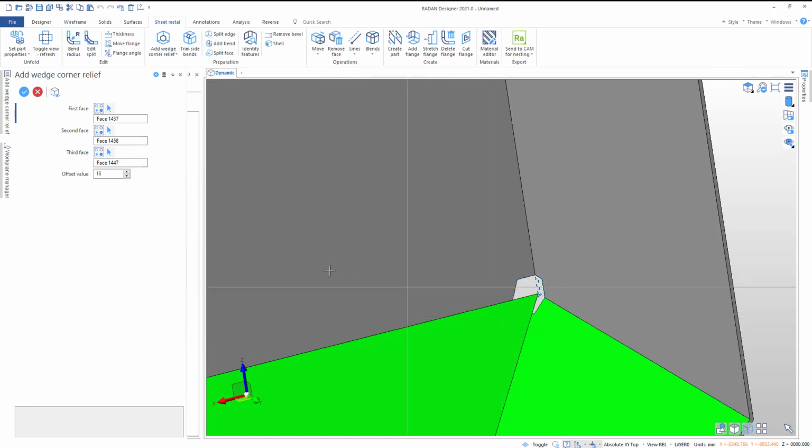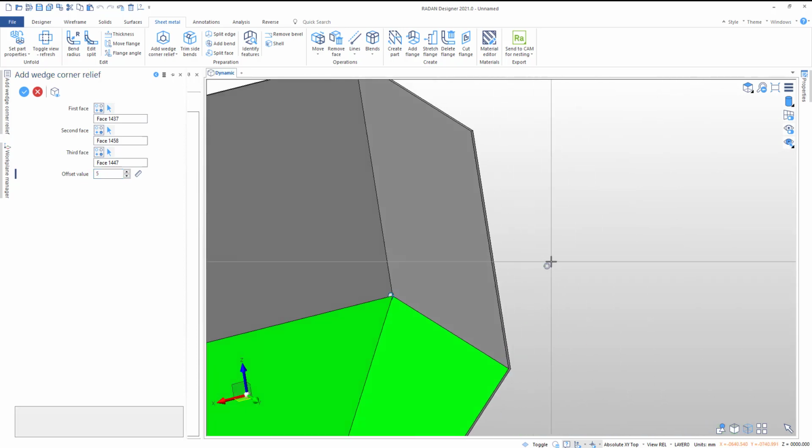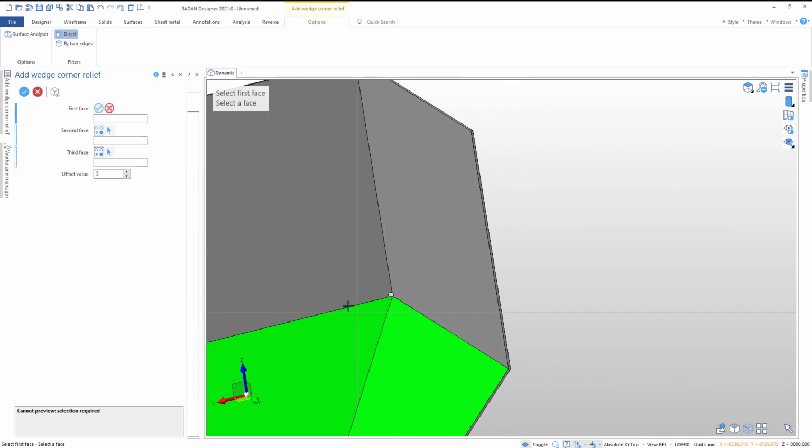This then gives us a wedge relief, and we can set our offset value and we can make that as large or as small as we like. We will set this to 5 mm. We will right click to complete,